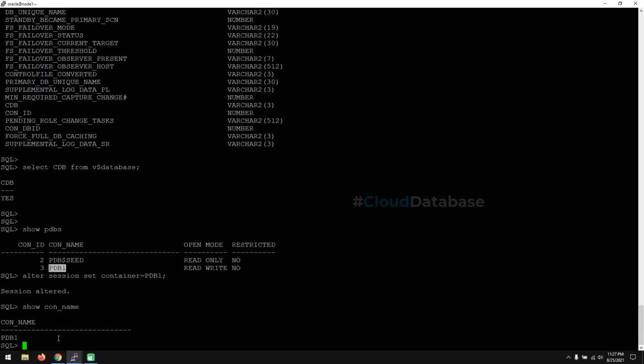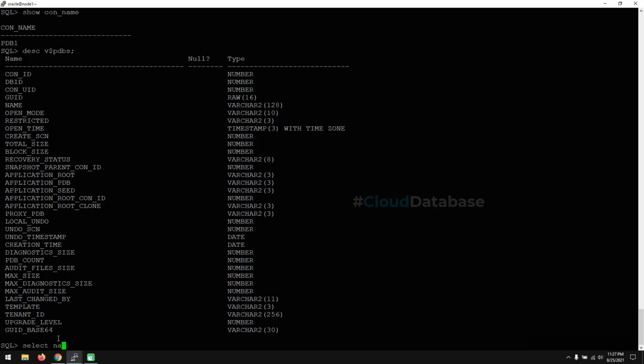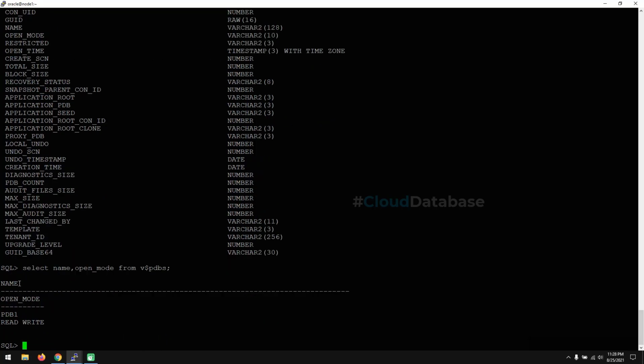There is another way we can check: select name, open_mode from v$pdbs. It will show like that. We can even make the PDB read only or closed, everything we can do. We will see this in the next part of the series. Thank you.